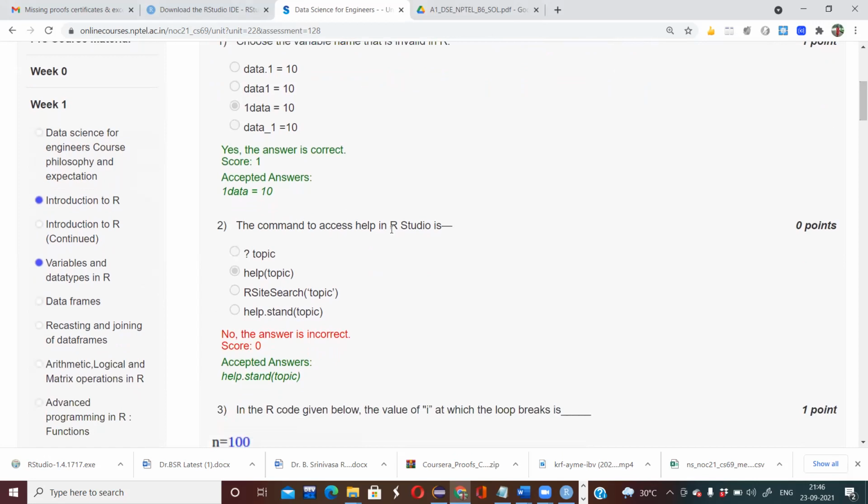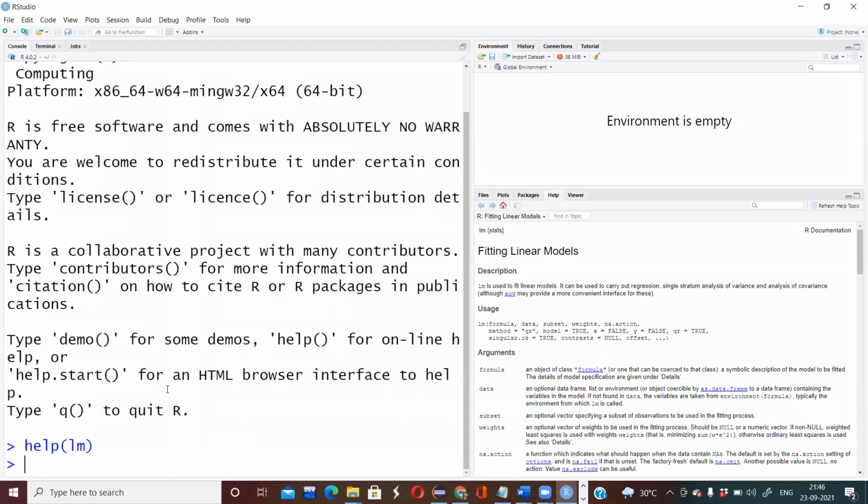The command to access help in RStudio is the second option. I'll tell you why. Suppose you want help on a linear model. lm is the command used to create a linear model, so I give help of the topic, and the topic is my linear model lm.